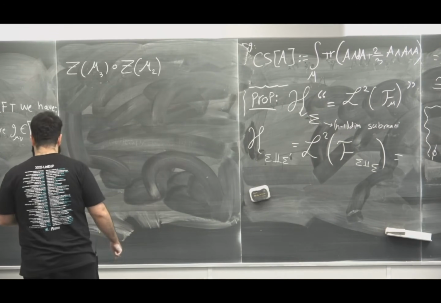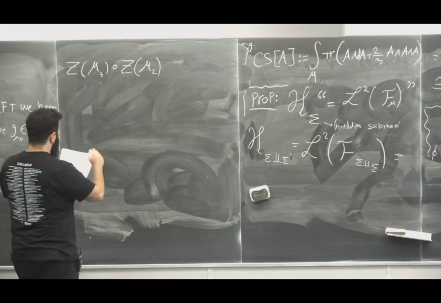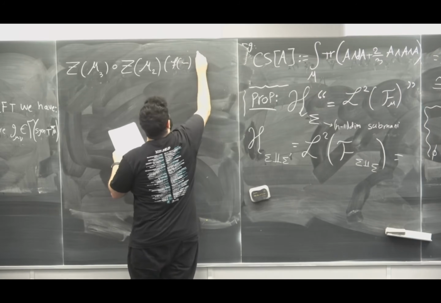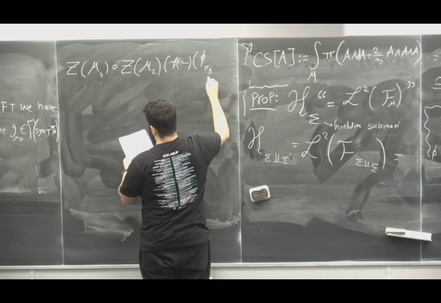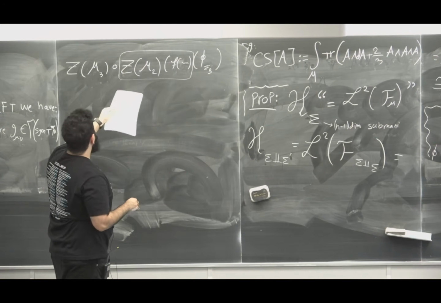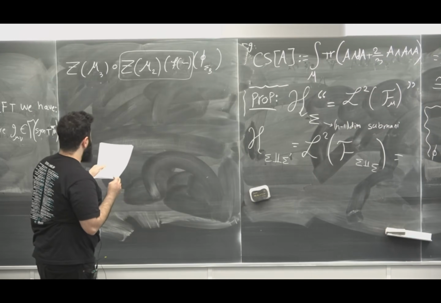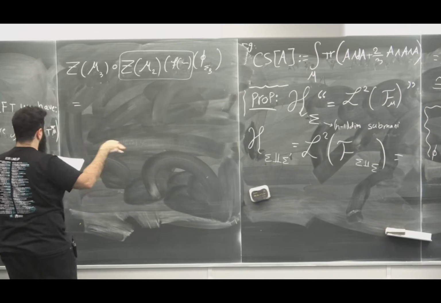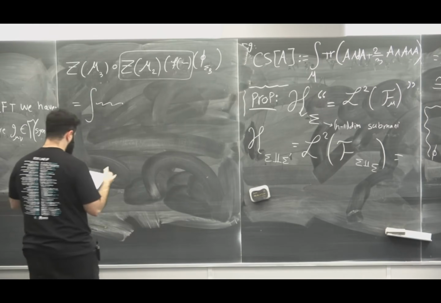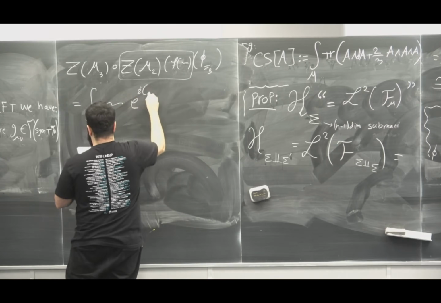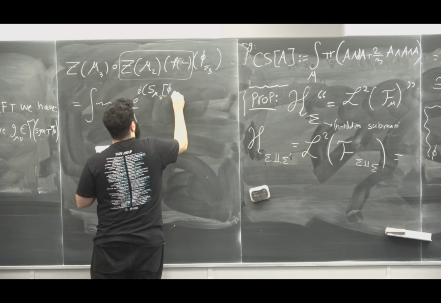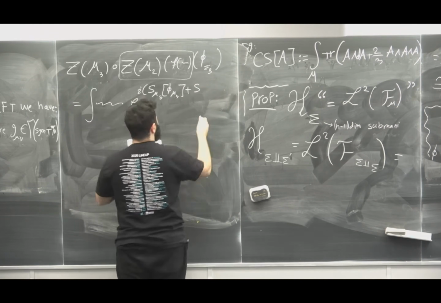Okay, but what I want to happen is that I have this, and it eats something and takes in a phi of sigma 3. Gonna box this. This takes in that, and then this composed with that takes in that. When you go through the details of the integrals, I'm not going to actually, there's a lot to write down, you get something like e to the i, the action on the third manifold plus the action on the second one,